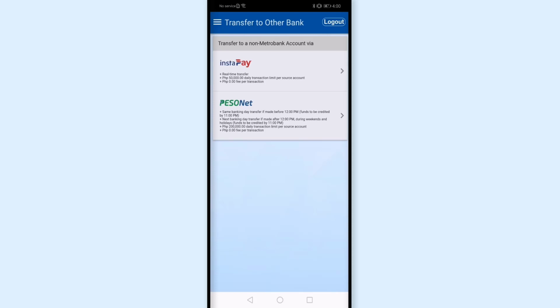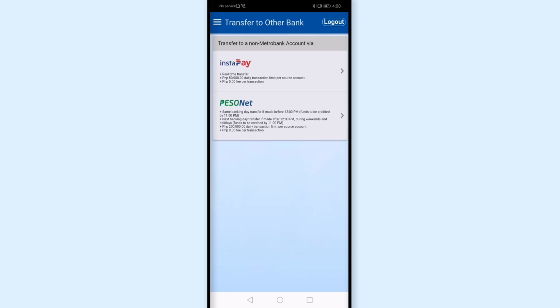It may take few hours to 1 day or so para mag-reflect yung perang pinasa mo sa kabilang account. While for InstaPay, real-time siya. Ibig sabihin, dapat mag-reflect agad yung pera dun sa kabilang account na pinagpasahan mo. And since gusto ko ng real-time na transfer and also hindi rin ganun kalaki yung amount na transfer ko, I'll